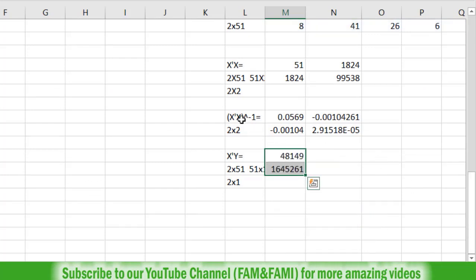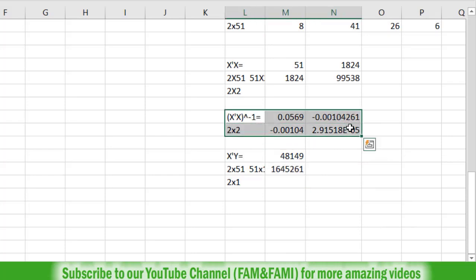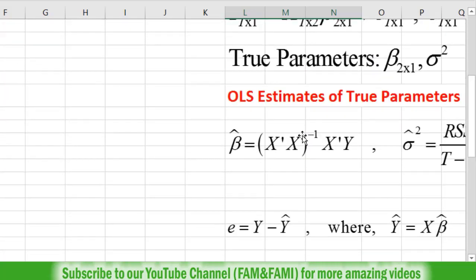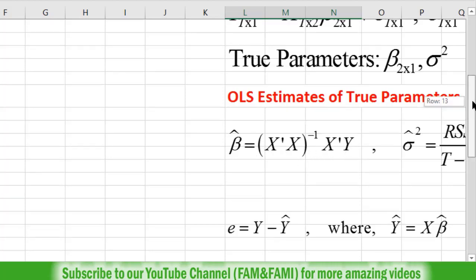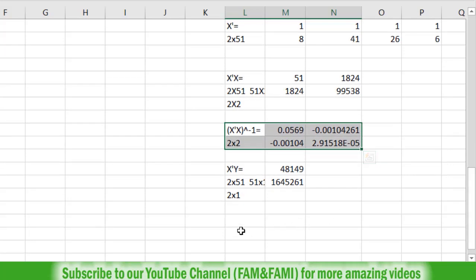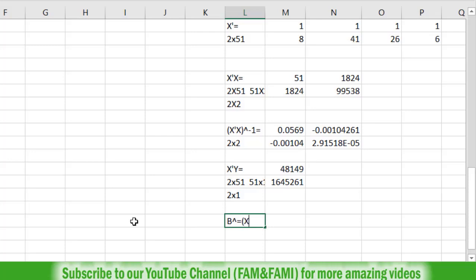So now we have calculated this X transpose Y, and before that we have this X transpose X whole inverse as well. So we have both the components with us, X transpose X whole inverse and X transpose Y. Now we need to multiply these two to calculate this beta hat. So how can we do that? Type here beta hat, big B hat, equals X transpose X whole inverse into X transpose Y. So now I'm going to calculate this beta hat.